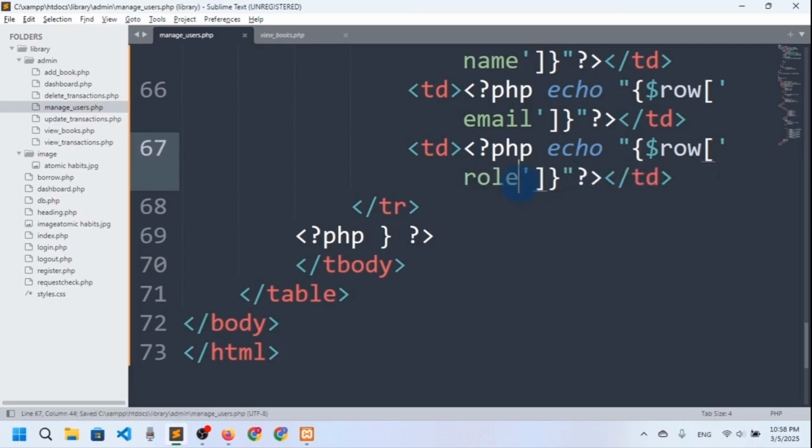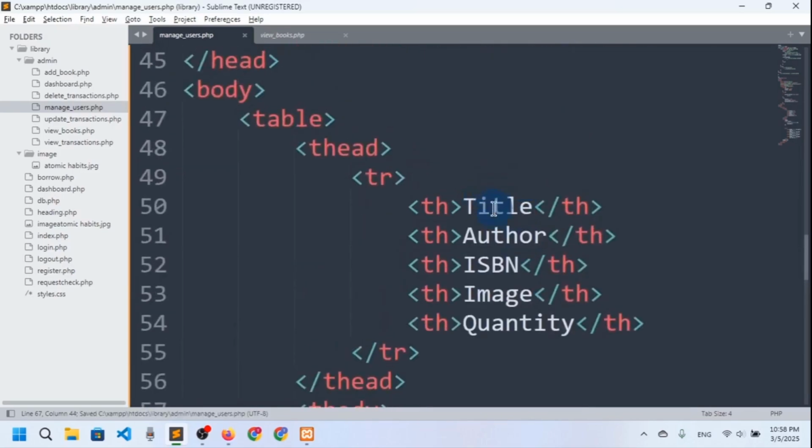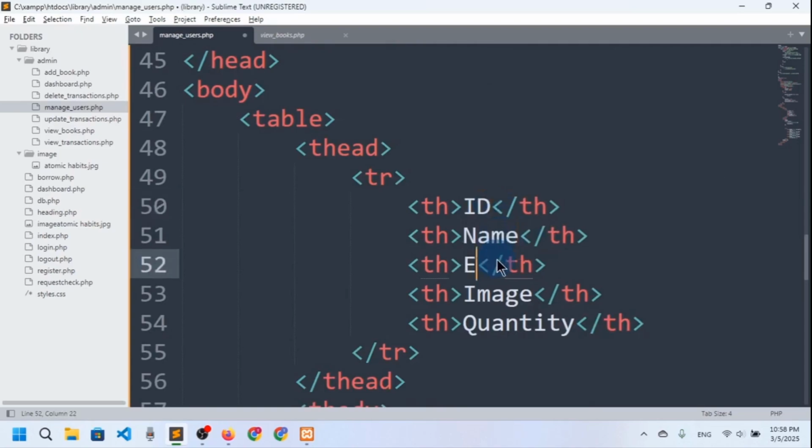Done. And here I need to add the headings: ID, name, email, role,